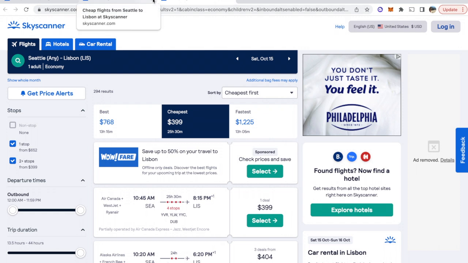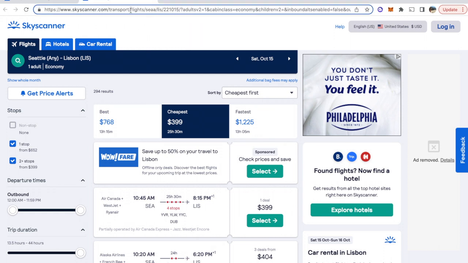I'm not going to book a flight yet because I'm not actually sure when I'm going to go, but now I know how much it'll cost me to get there. So next, I would go to